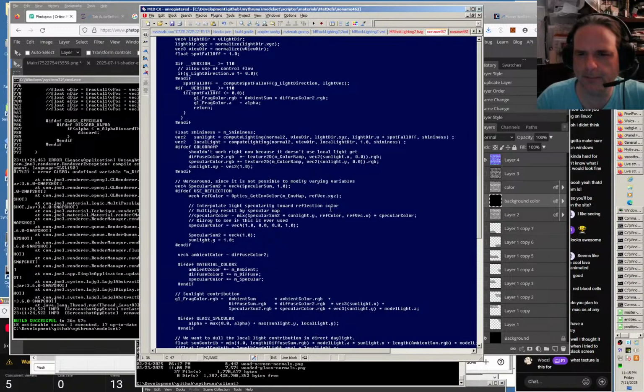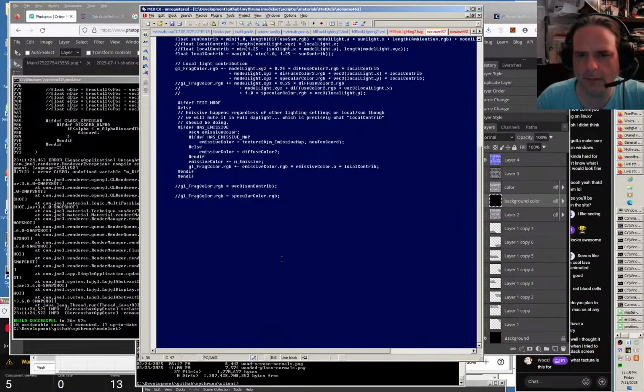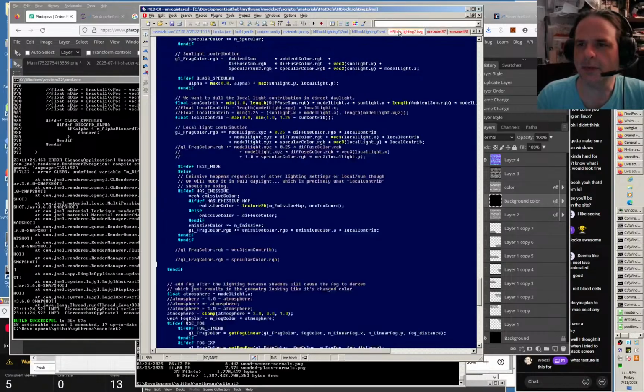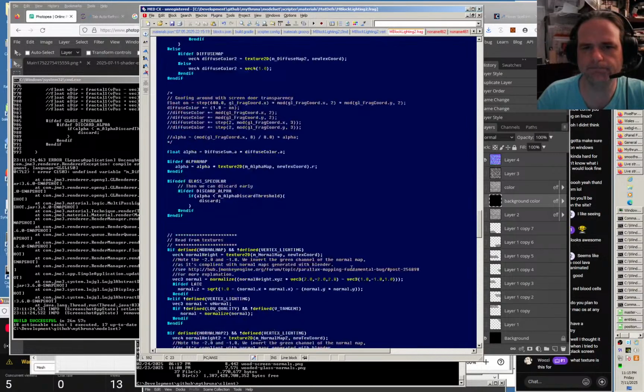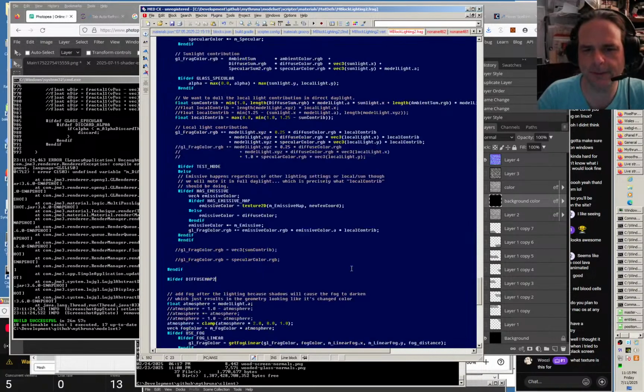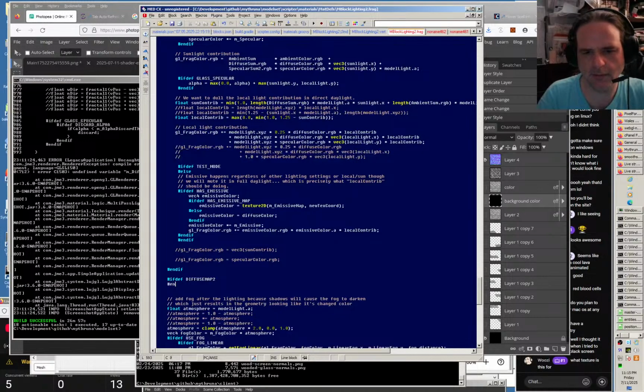Was that really it? Okay. So I need to better, so pound if def diffuse map 2, is that what it's called? I think so. Pound end if,